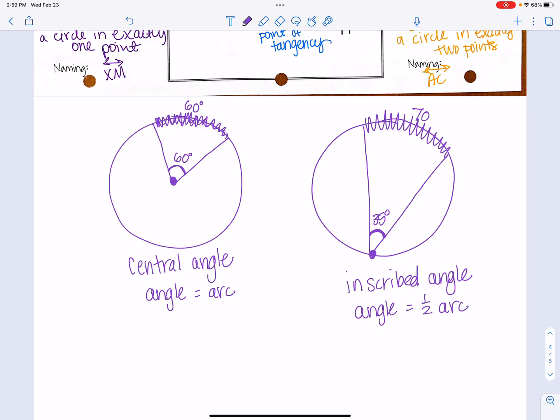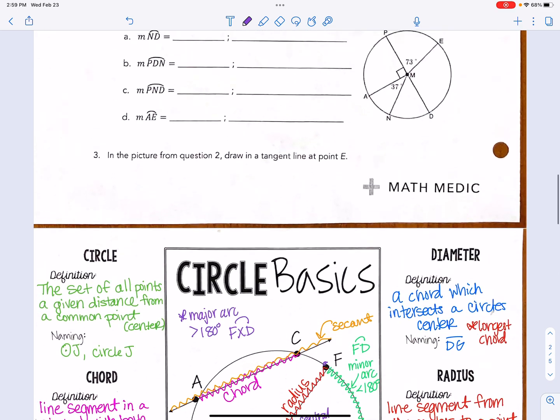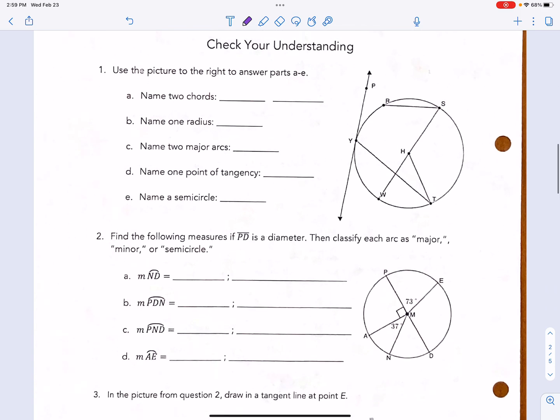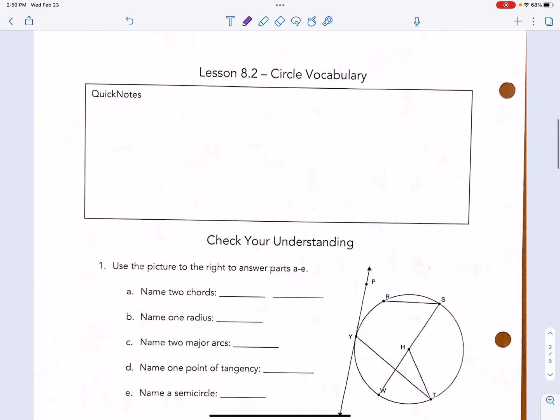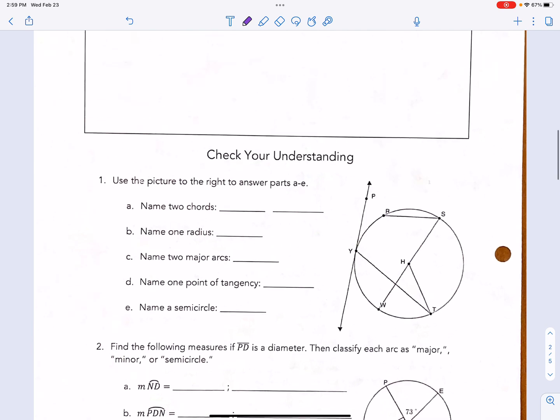Okay, so that's a lot of info. So what I want you to do is go to the back of the Ferris wheel page, and you've got kind of a check your understanding. You don't need anything in this box. That's why we had that whole other page to label all that. And I want you to complete this. It says like name 2 chords, name a radius, name 2 major arcs, all of those things. Then the second part is asking you, are these minor arcs, major arcs, and what do they equal? And so I would like for you to complete this section,